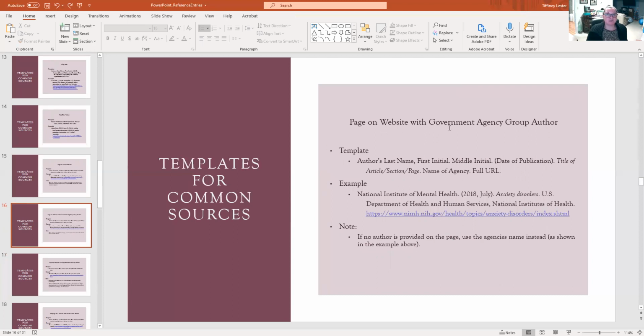Page on a website with a government agency group author. So here we're looking at the author's last name, first initial, middle initial, but in this case, it's not a person, it's a government agency or an organization. So in this case, we put National Institute of Mental Health. That is the organization that published or wrote the article that we're looking at, or the website, the page that